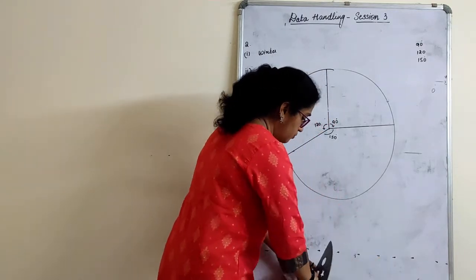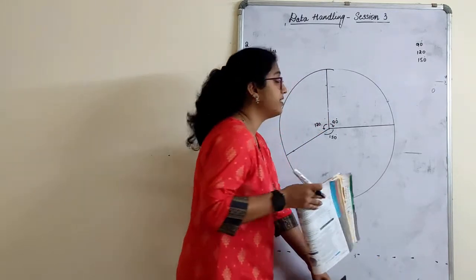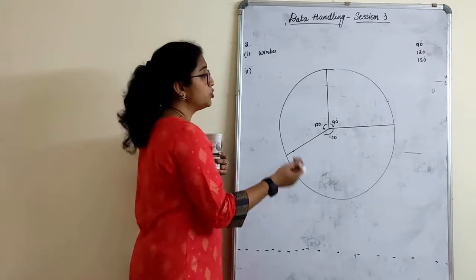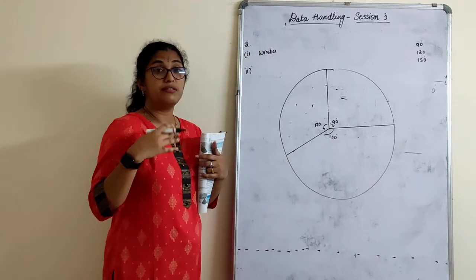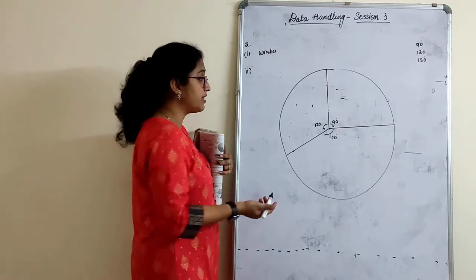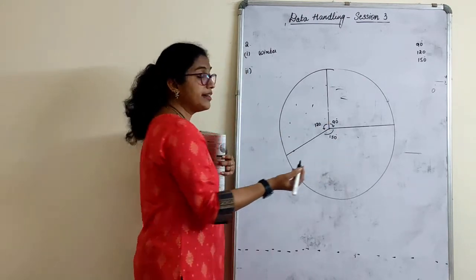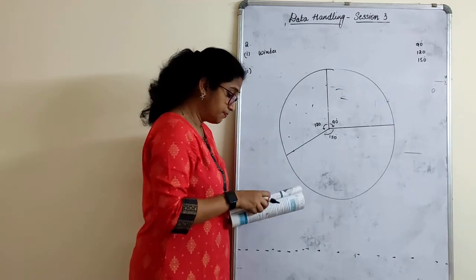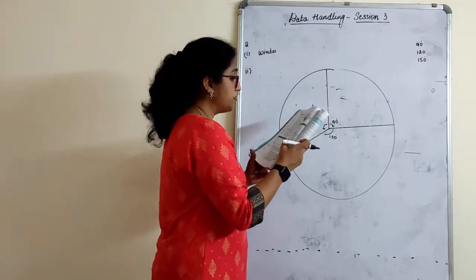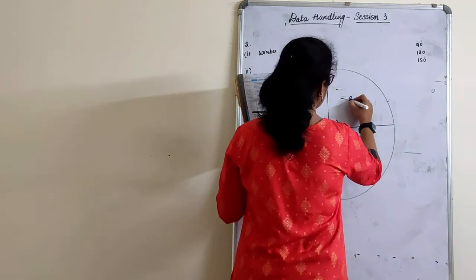So I hope this is very clear how to draw this part. Now it's up to you. You can shade, put dots, put lines, but do not over-decorate in such a way that you cannot see what you have written inside, right? So slight lines or something can be drawn. Let us first mark. This is summer.